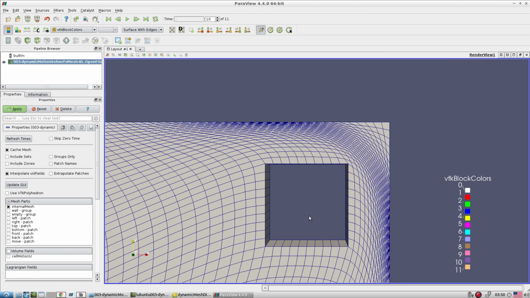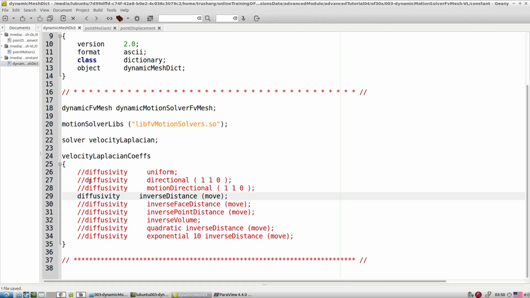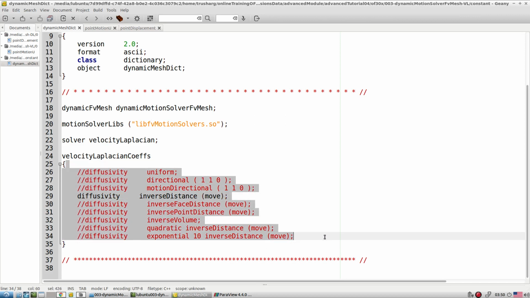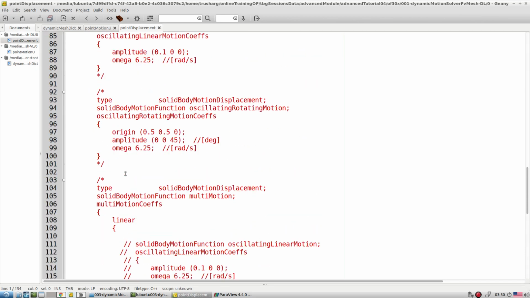Depending on your mesh motion, please try to tune this diffusivity, and if you tune it properly, you will get a correct answer. That is the idea behind it. So try to tune all the diffusivity parameters based on your requirement. I suggest that now you have a couple of options available for the mesh motion.